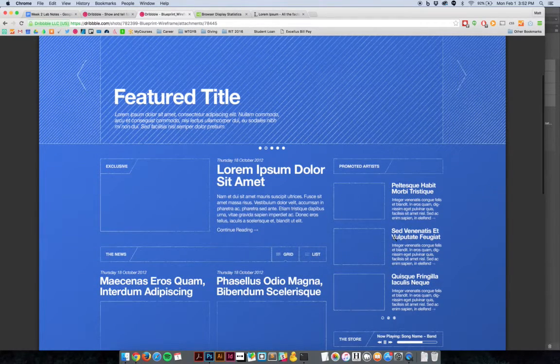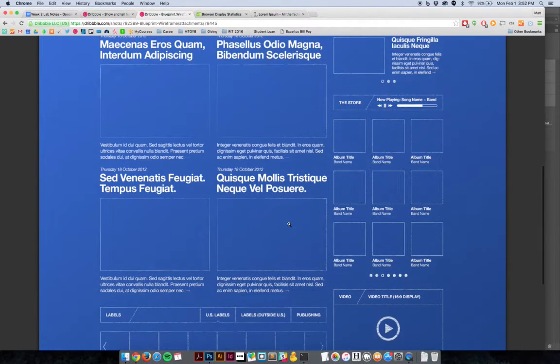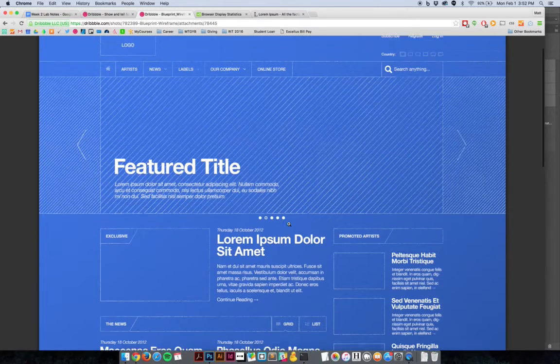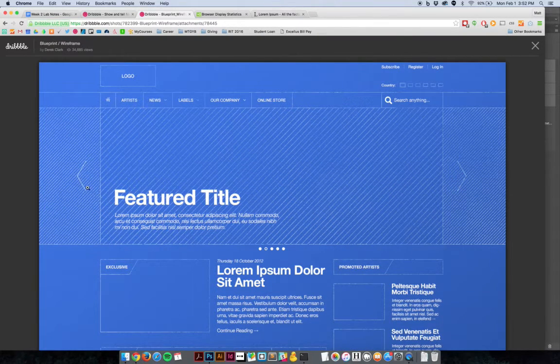There's a promoted artist section. It will clearly have a title and subtext. So it's pretty obvious what's going on this page. There's some controls here. There's a search box. There's this kind of utility bar up here. So this is more on par with, I think, what you guys want to be doing for your Project 1